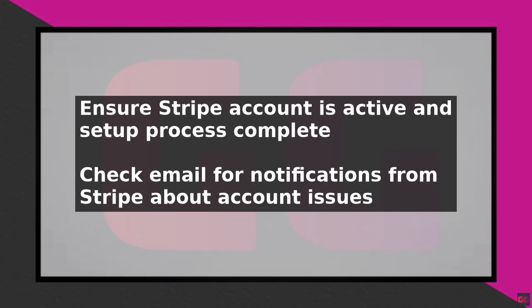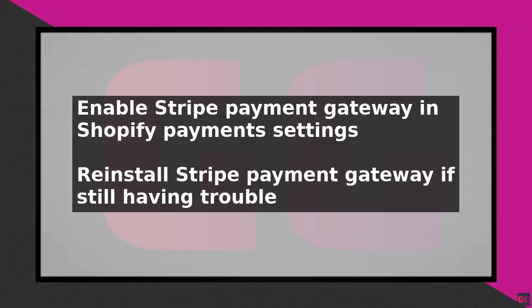Another common issue is that your Stripe payment gateway may not be enabled. To enable it, go back to your Shopify payments settings and click on the three dots next to Stripe. Then select Activate. If you are still having trouble, try reinstalling the Stripe payment gateway by clicking on Remove and